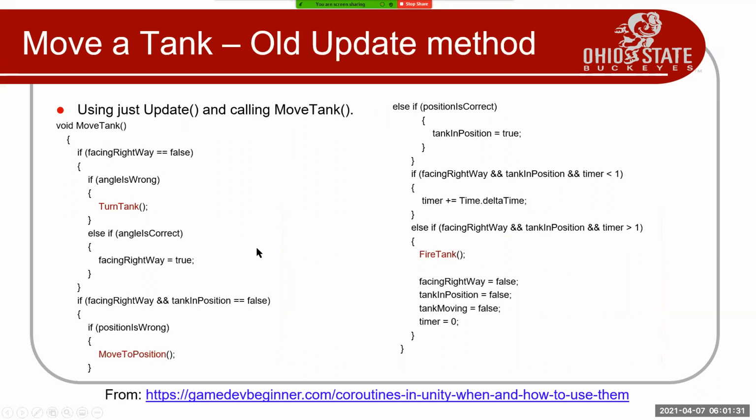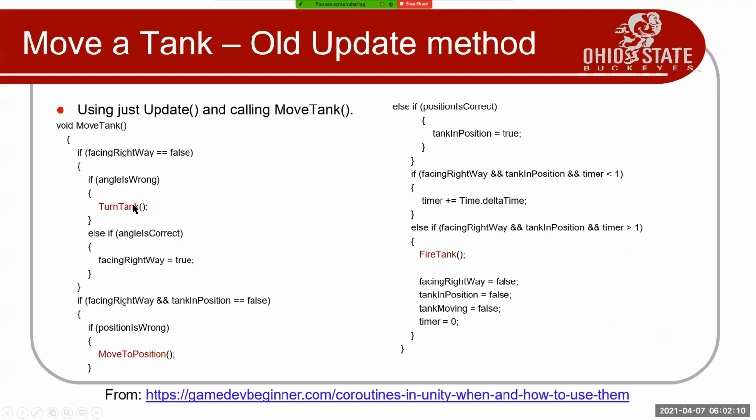So here is code that we would typically do before coroutines, right? And maybe we would structure it a little better, but again, this isn't one monolithic method. They're calling a routine called turn tank, a method called move to position, and a method called fire tank. And turn tank will adjust these booleans, I guess, whether it's facing the right way or if the angle is correct. So maybe not the best code here, but